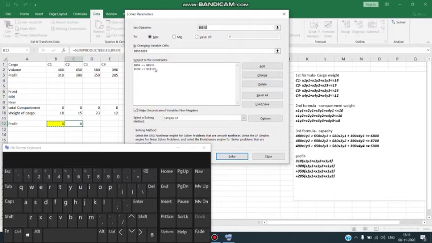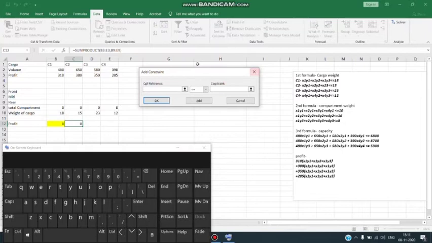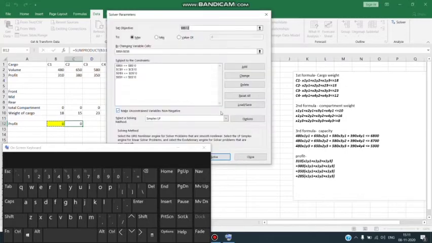So I've added both the equations here, but there are two more cargos, so I will add the other part as well. Third cargo should be less than equals to 23, add. Fourth cargo should be less than equals to 12. So you can see that we have successfully added this first formula, the cargo weight formula, in our constraint. So we have successfully added our first constraint.